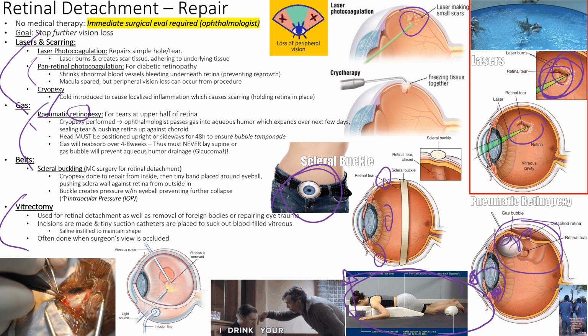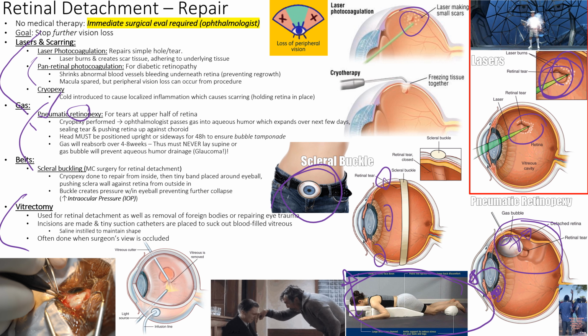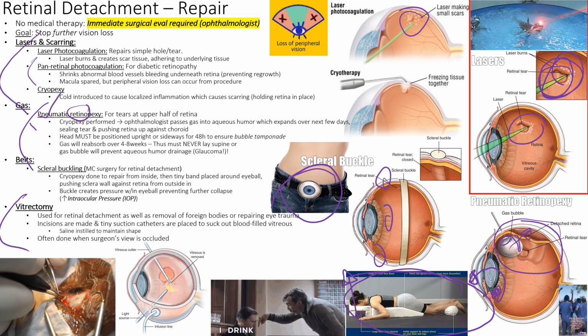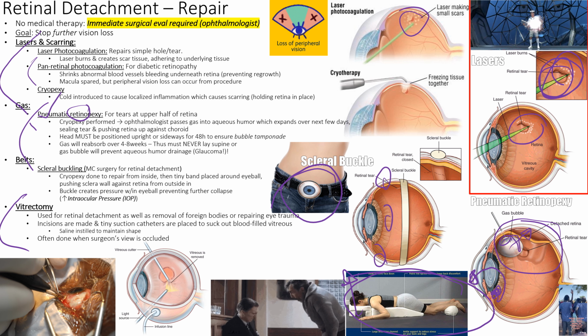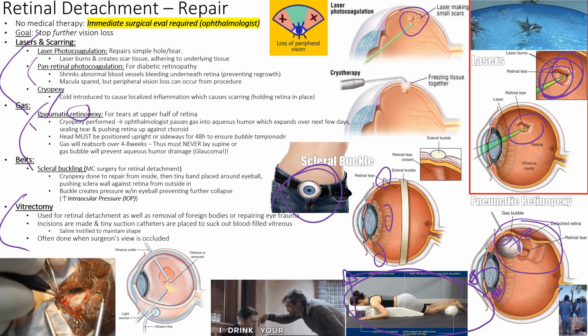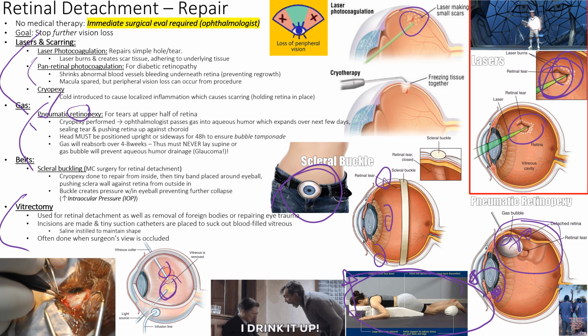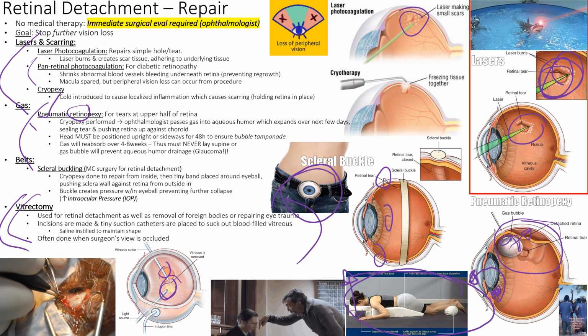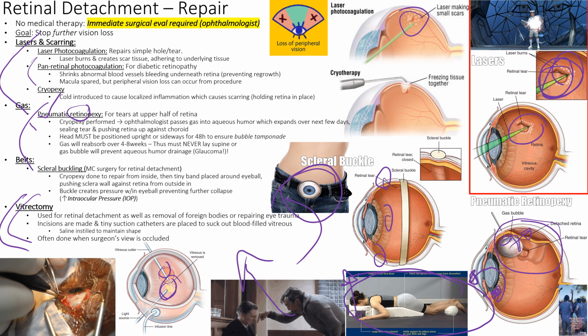Another option is vitrectomy. Right. So vitrectomy is, again, an ectomy. We're putting a cut into the vitreous humor, right? The vitreous humor is the back two-thirds of the eyeball, and we're going to go in there and try to repair it as much as possible and suck out all the extra fragments. Okay, so that's the idea behind a vitrectomy. All right, they just slurp it up. Okay, so that's how you repair a retinal detachment.